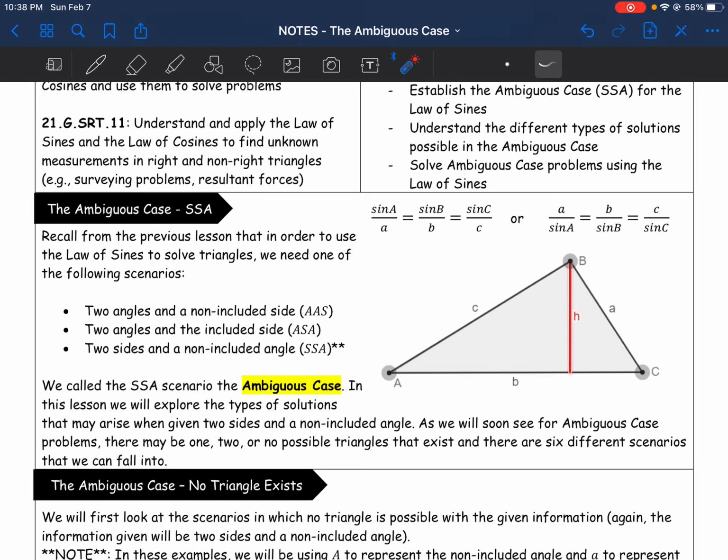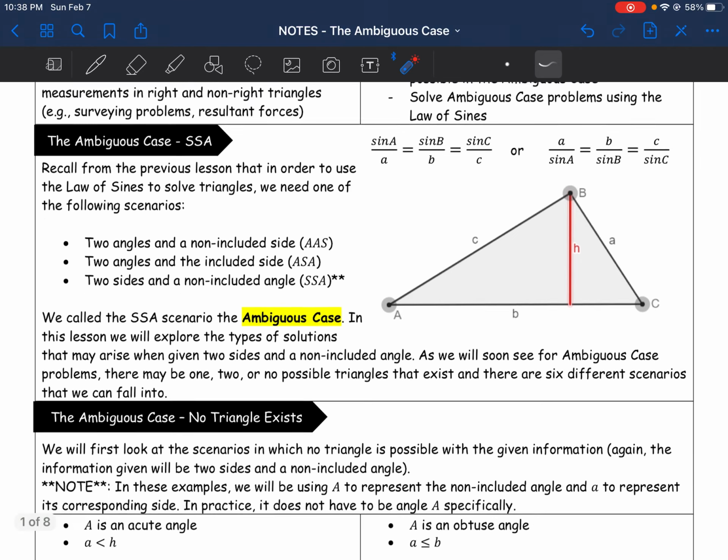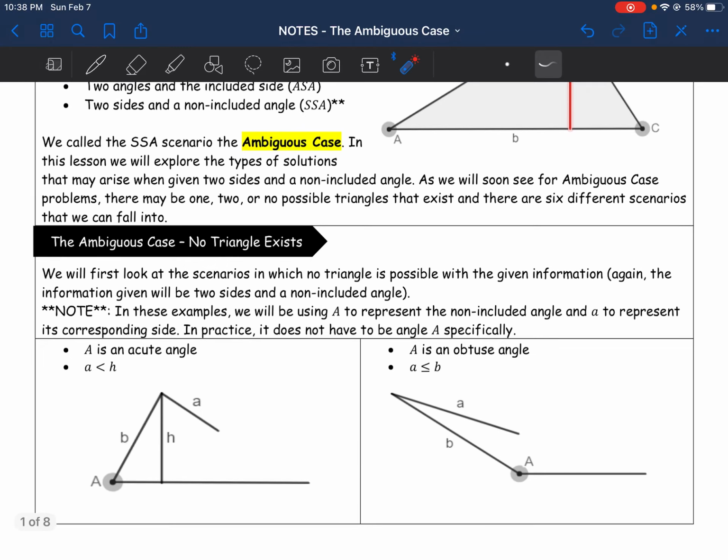So we're going to explore the different scenarios, and it turns out there are actually 6 different scenarios with the ambiguous case, and we're going to look at examples of how we could solve problems that fall under the ambiguous case. So the first case that we're going to talk about is the case where no possible